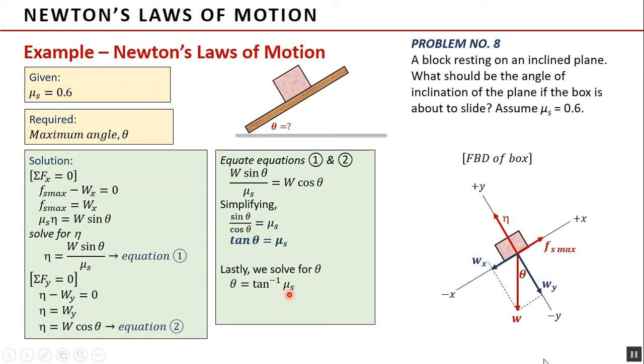So theta is equal to the inverse tangent of μs. The inverse tangent of 0.6 is 31 degrees. And this is the angle the inclined plane should have in order for the box to be just about to slide. Or this is the critical angle at which the box does not slide. A little more than 31 degrees, the box